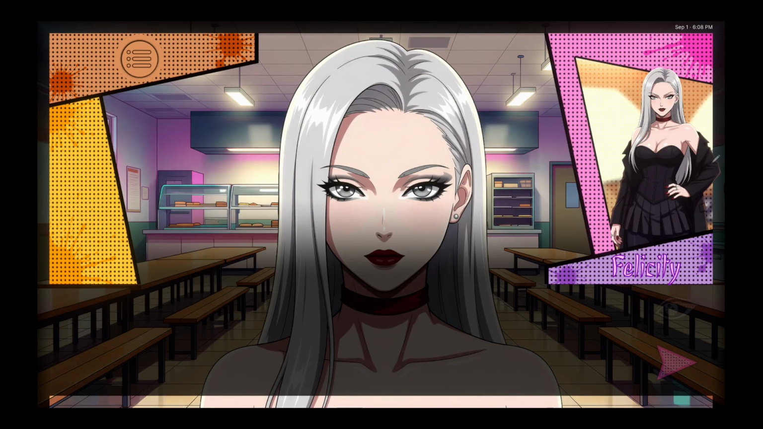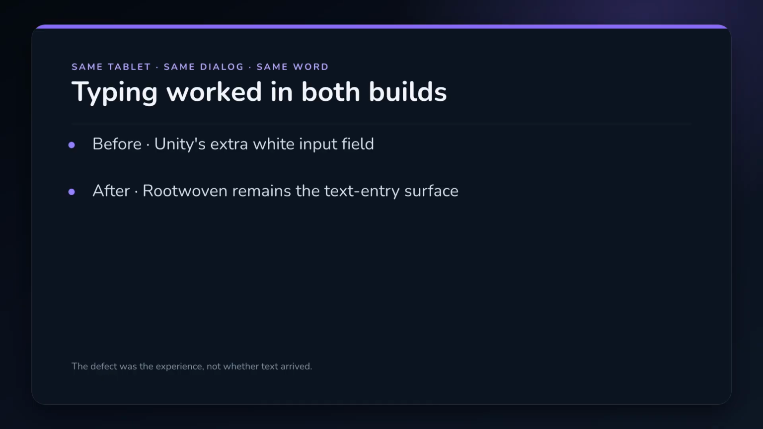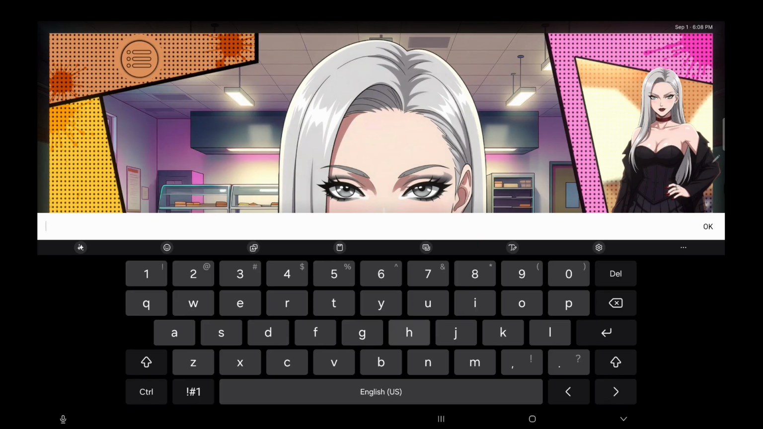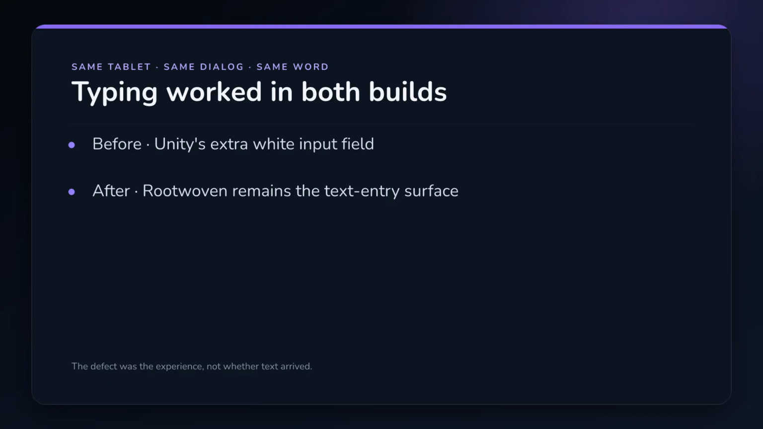This is build 122 of Rootwoven on our Galaxy tablet. I tap a dialog field, type hello, and the text reaches the game. Technically, it works. But while I type, Unity adds this bright white field across the screen. The game is still behind it, the native keyboard is still below it, and suddenly the whole experience feels like